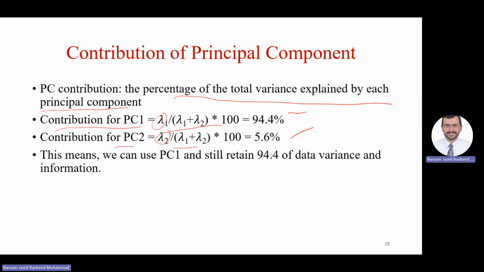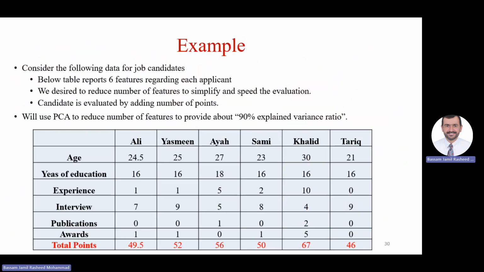Now, let's take a look at an example, as close to real life as we can get. Here, a manager wants to interview a bunch of candidates. These candidates are Ali, Yasmin, Aya, Sami, Khalid, Tariq. These are the samples, and for every candidate, we have